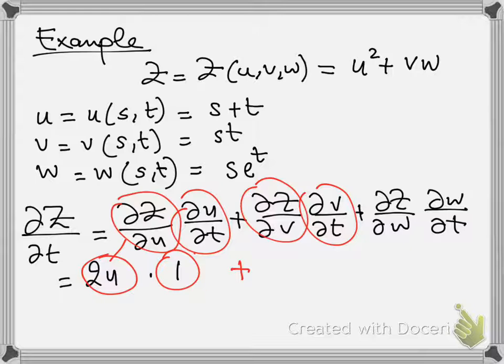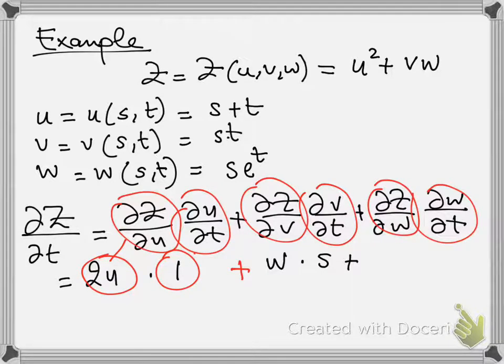So derivative of z with respect to v would be just 1 times w, so that's w here, times partial v, partial t, derivative of v with respect to t. So s is a constant, and here v is s times t. So apply product rule, s is a constant, derivative of a constant is 0, so that's 0 times t plus s times derivative of t, which is 1. So that's times s. Plus, and then